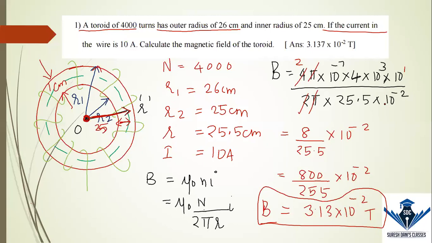See, here it is -2. -2 goes up, it will become 3. 3 and 3 is 6. And यहाँ पर -1. Oh, -1 आ रहा है क्या यहाँ पे? 10 to the power -7 into 4 into 3. 10 to the power 4 2s are 8 into 10 raised to minus. Let me just check my calculation.